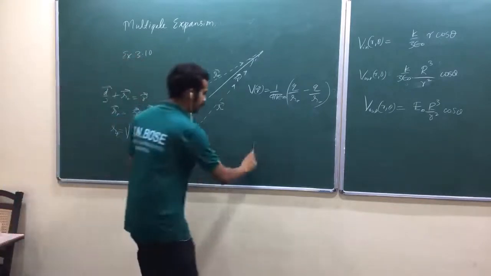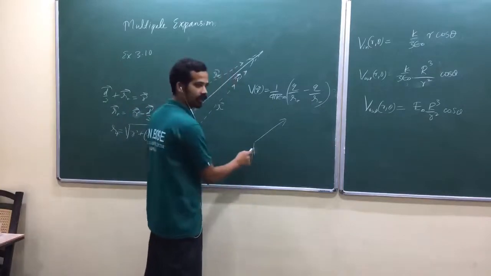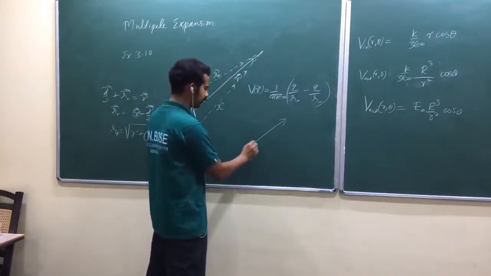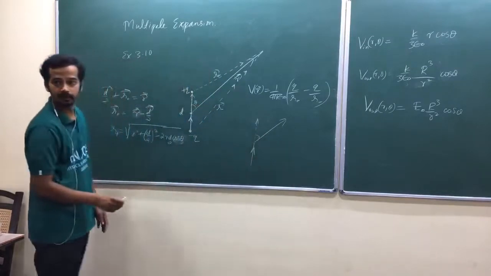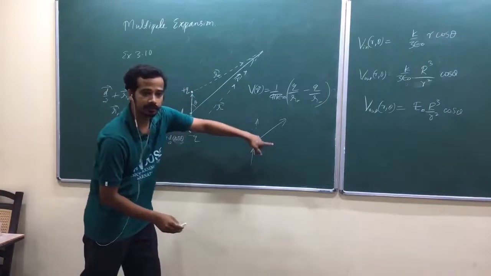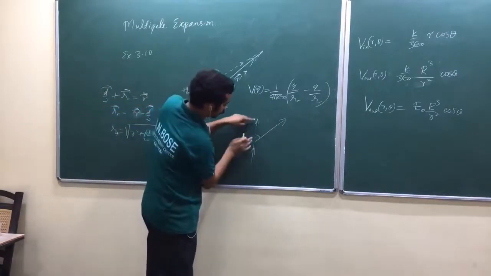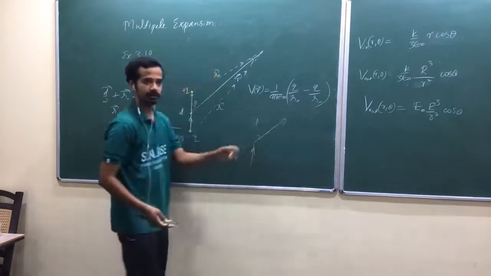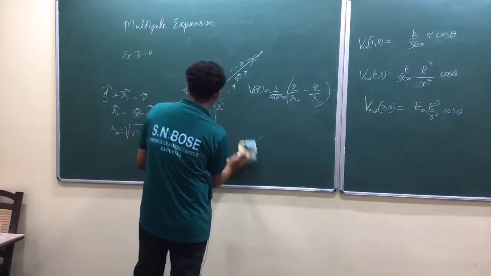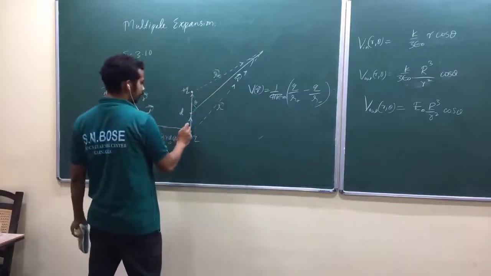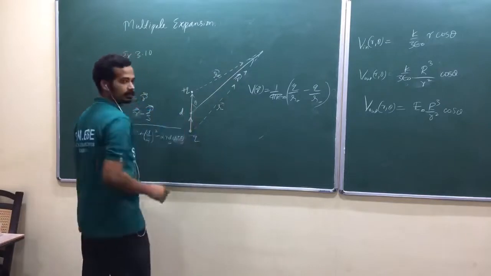Are you getting my point? If you have one vector here, another vector here, what is the angle between them? Don't find it like this. You have to extend this vector like this, then you have to find the angle. Be careful. This is not the angle. One vector like this, the other vector like this, you have to extend this vector so that you make it like this. Then you have to find the angle. Is that okay? So now again, let me define this one as d by 2 vector, r vector. What is the angle between d by 2 and r vector? Again theta. Is that okay?